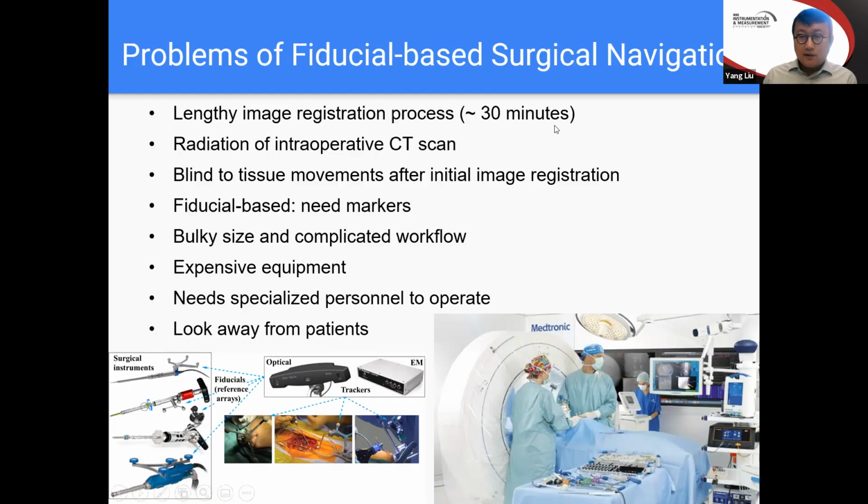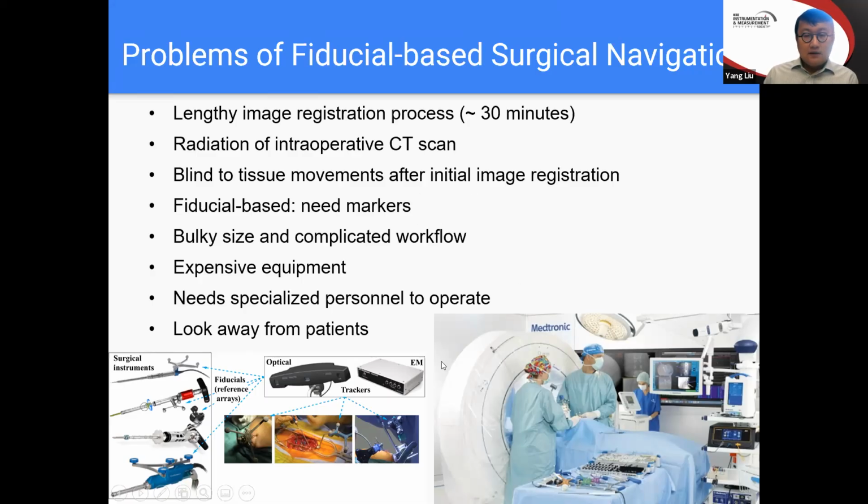For those of you who are not familiar with surgical navigation, you can think of surgical navigation as a GPS system used in the OR. In GPS, you're tracking where a car is using a satellite, and you are tracking where you are based on a map that's pre-generated. In surgical navigation, it's a similar process. You use preoperative CT data or intraoperative CT data as your map, and you track where you are using markers, and those are called fiducial markers.